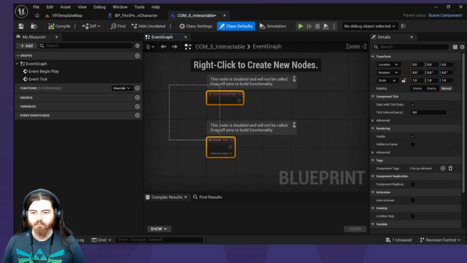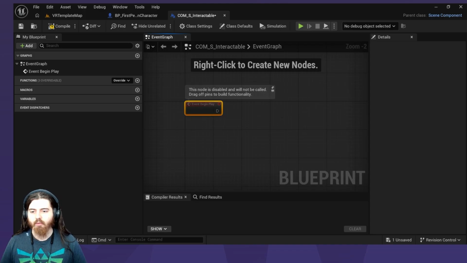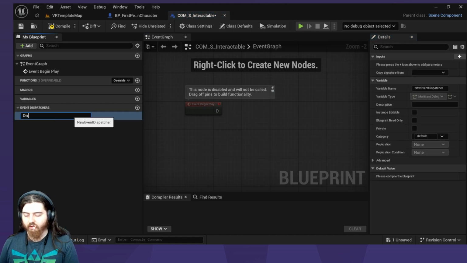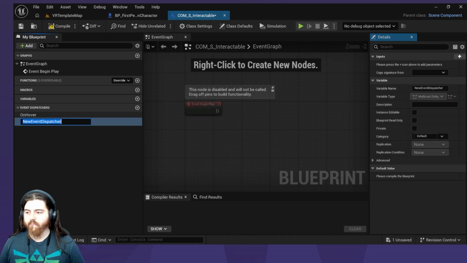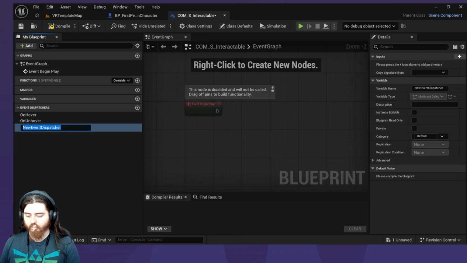We're going to jump in here. First thing we're going to do, we won't need tick, but we will need event begin play. We'll leave that on there for later. And we're going to go ahead and set up some event dispatchers. This way we will be able to bind events in our primary actor to things that happen in this actor very easily. So I want an OnHover, OnUnhover, and then we're going to do an